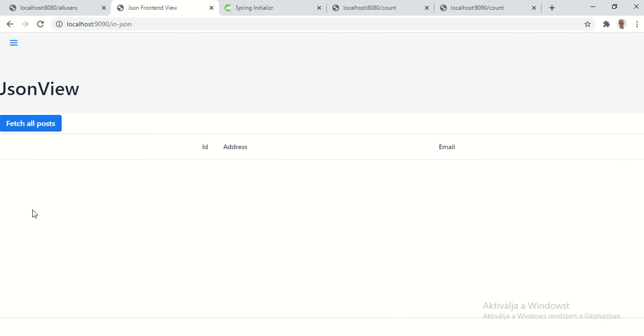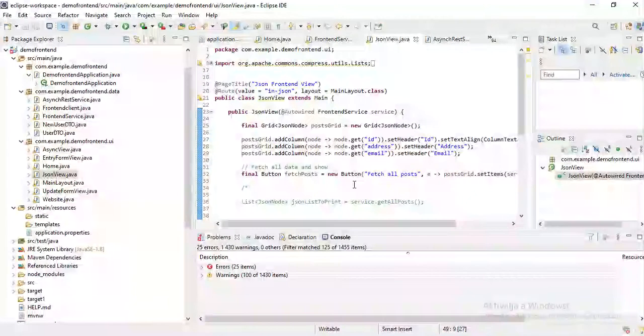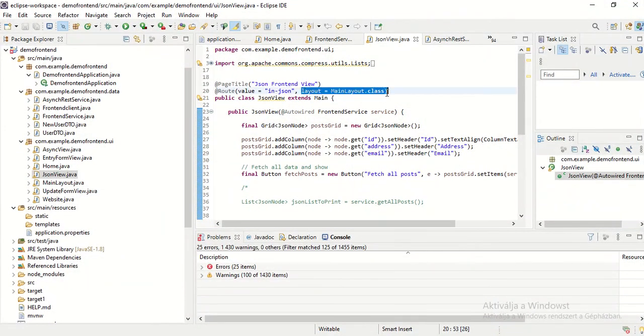But you could ask the question, okay, but why is it put below the button? Why not next to the button? It is because it's a vertical layout. How do I know that? I use the layout here. It's called main layout class, right? If you check this main layout,